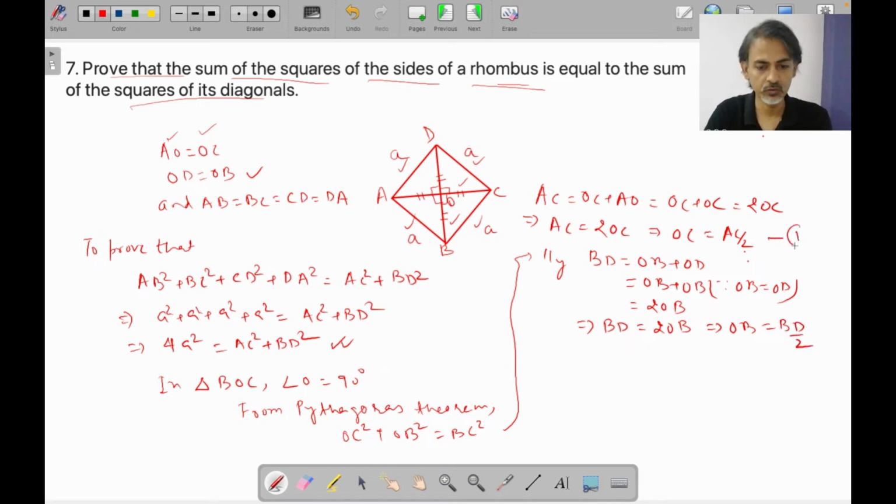Now, if we call it 1, call it 2, and we call it 3, we can use 1, 2 and 3, basically 1 and 2 in 3. So what we can write over here is OC square plus OB square plus 2BC square, which is nothing but OC square is AC by 2 whole square, plus OB square is nothing but BD by 2 whole square, and BC square is nothing but